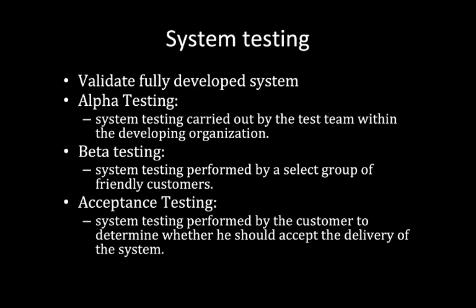If you are developing campus management software, first the alpha testing will be done by the organization. If there is a company developing a campus management software, they will be testing that system, and then it is known as alpha testing. Then that software will be given to some other friendly customers, who will test it. Then it is known as beta testing. And finally, it will be implemented in some particular college. If it is a college automation system, that software will be implemented in a particular college and some testing will be done at the customer site. Then it is known as acceptance testing.